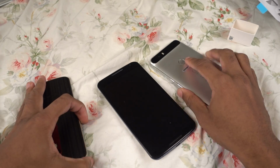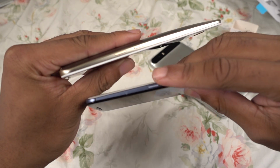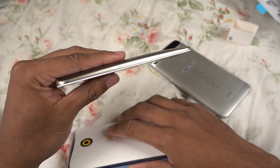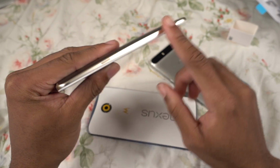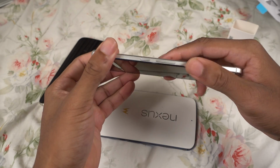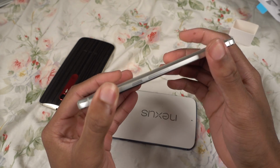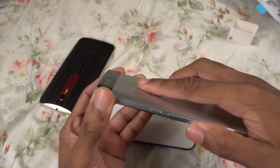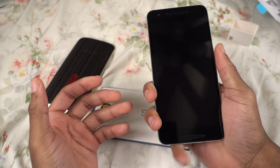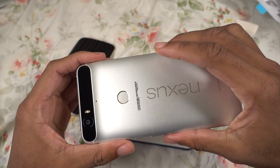Another thing that you can tell, both the Moto X and the Nexus 6, something that Motorola does, which I definitely appreciate, there's a little bit of a ridge on the power button, so you can tell the difference between the power and the volume buttons, and they definitely kept that here. So that's good on them for keeping that. And the bulge is barely noticeable. You're not really gonna notice it while using the phone, and the phone definitely feels very, very good in the hand. A little tall for my liking,